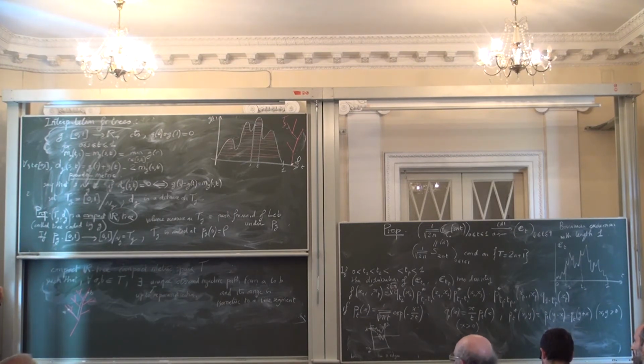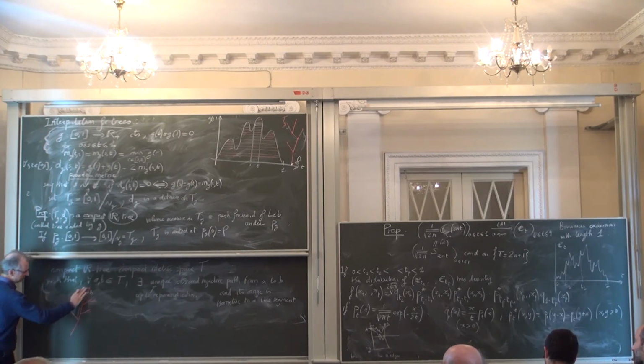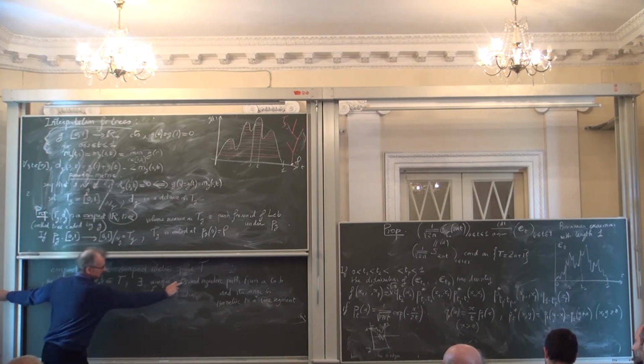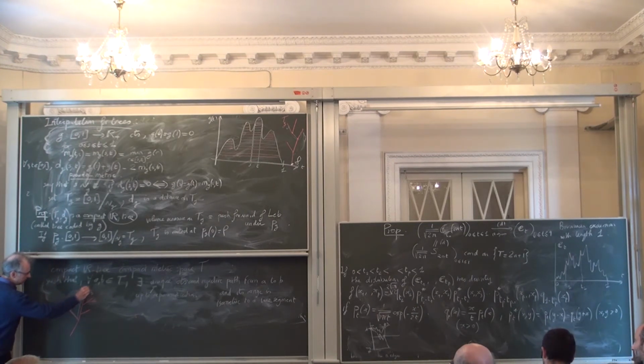Okay, it's clearly defined. And of course, you want it to be a tree, so that you cannot have a cycle. This is forbidden, for instance. Otherwise, this would violate this property. But typically, objects of this type are compact R-trees. Of course, this is not the most general case, because you can have something more complicated. You can add many branchings. You can have infinitely many branchings, while of course preserving the compactness. But basically, any compact R-tree can be approximated by a union of segments like this one.